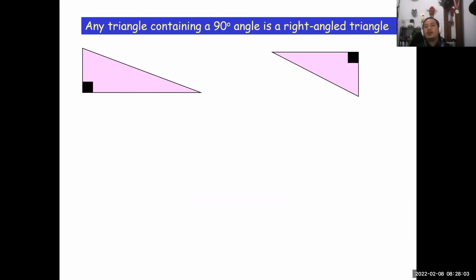And if you see triangles in which they have this sign on one of the angles, like this or this, right? This represents a